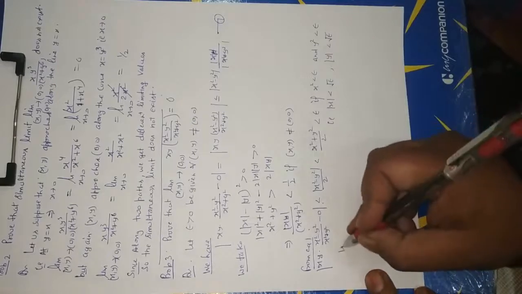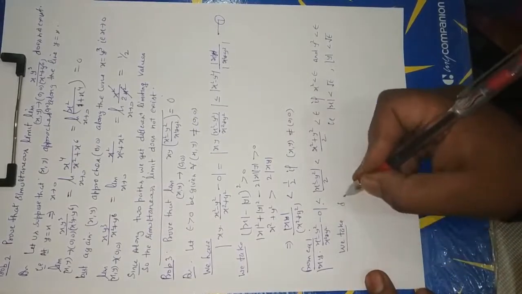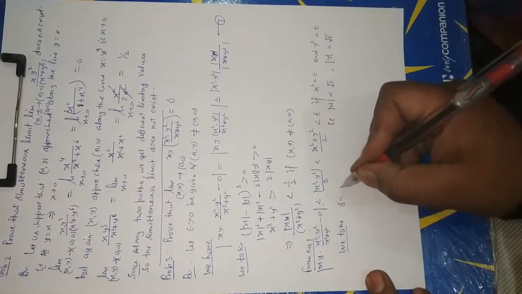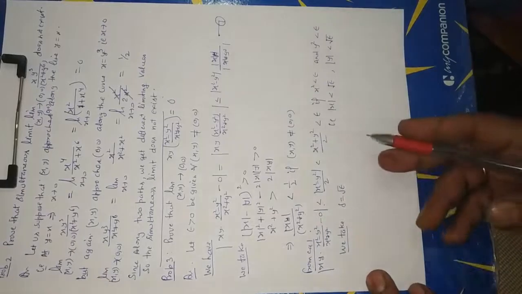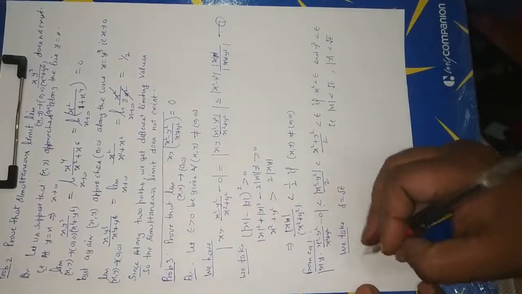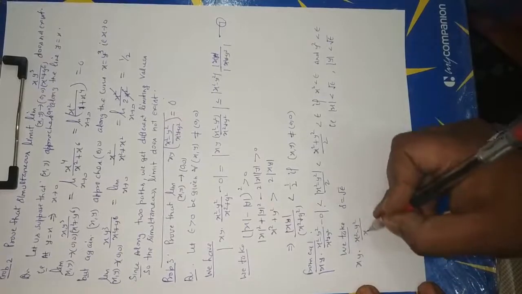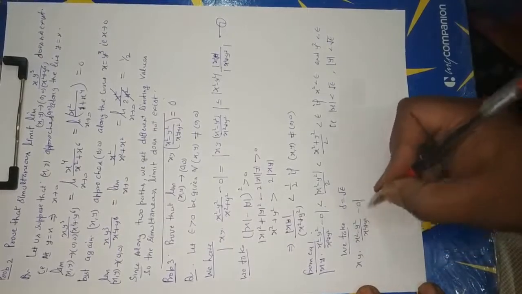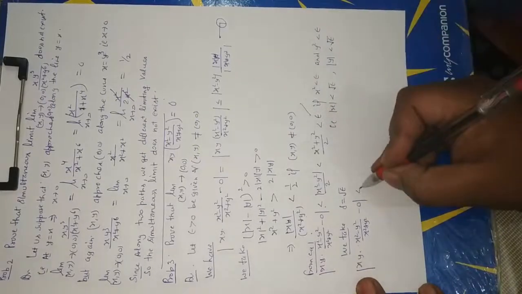We choose delta equal to root epsilon. We can write that the modulus of xy(x² minus y²) upon x² plus y² minus 0 is always less than epsilon,